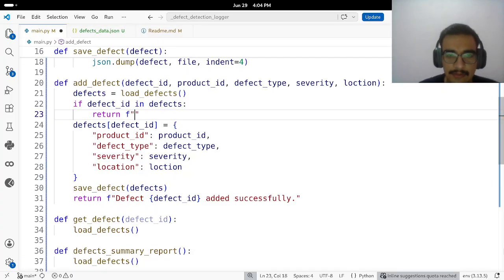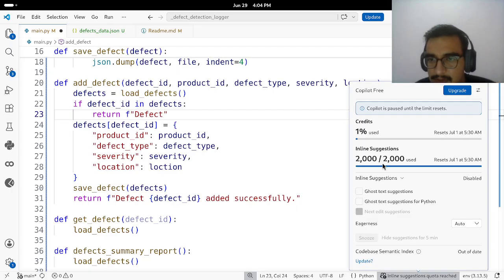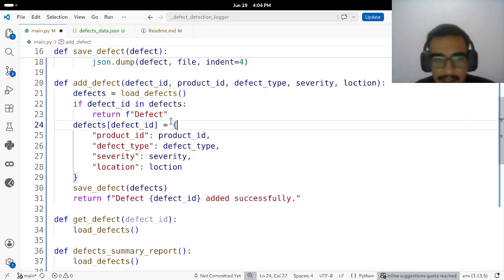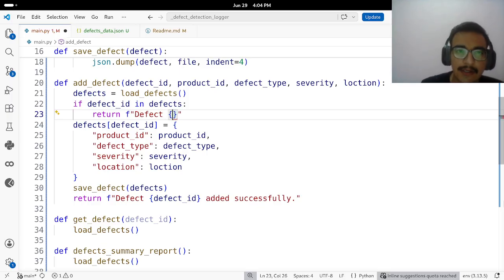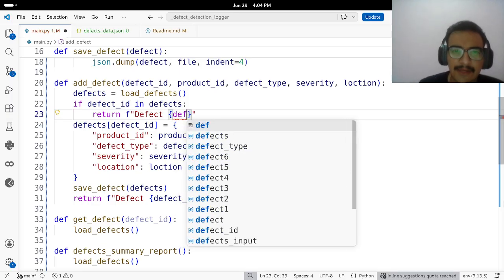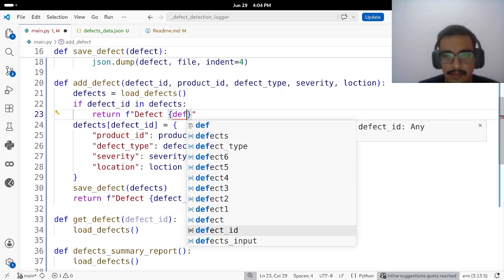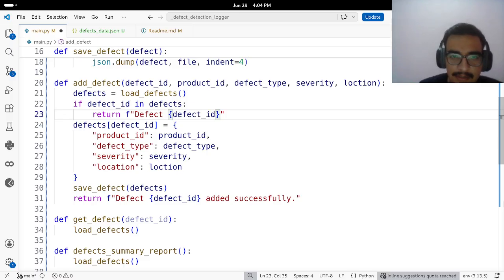It should give some recommendation when it's reached the limit. Okay, my bad. Defect id already exists. Defect id